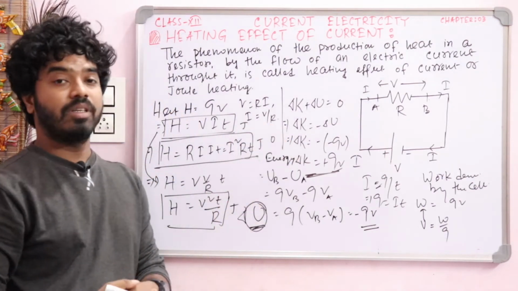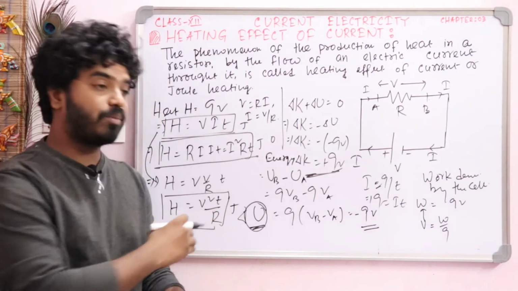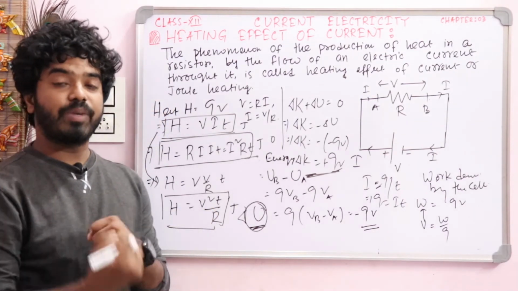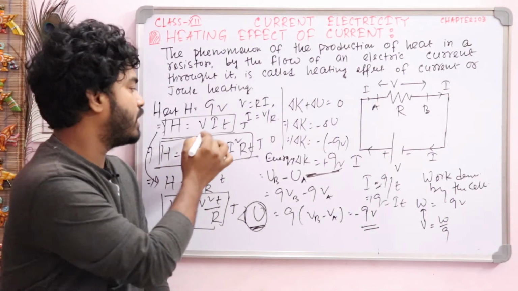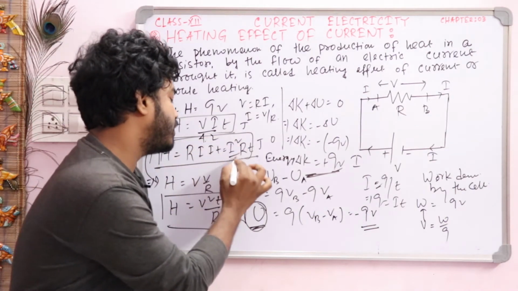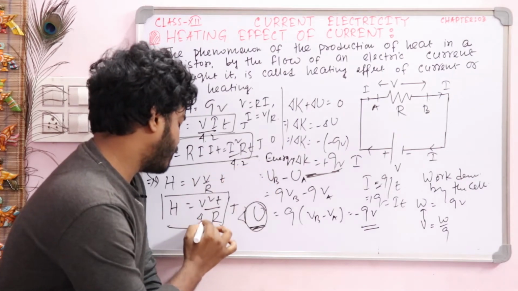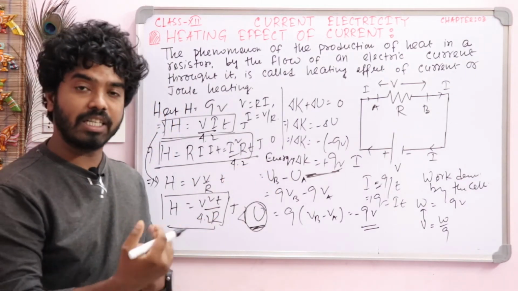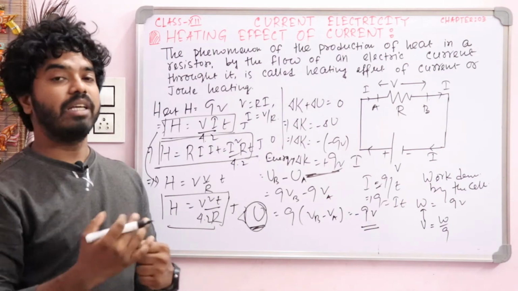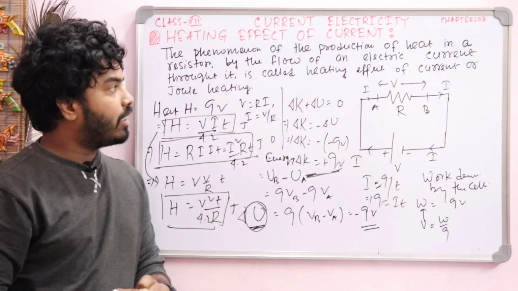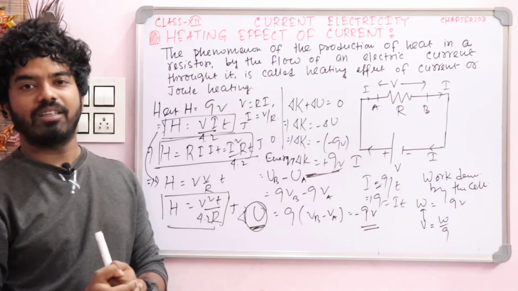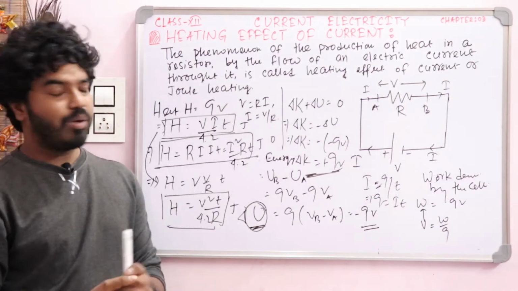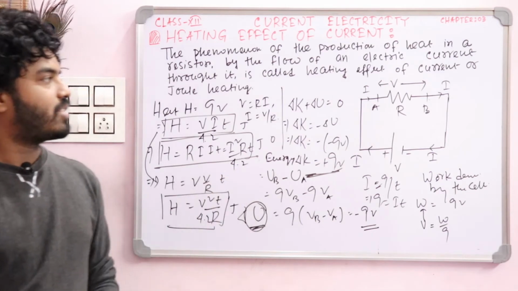Now sometimes you have to express this expression in calorie. When you express this expression from joule to calorie, you must divide by 4.2. Joule to calorie, that means you have to divide by 4.2. Okay. Now we will study electrical energy and electrical power. So before going to that part, you can take a screenshot, then we will study this portion.